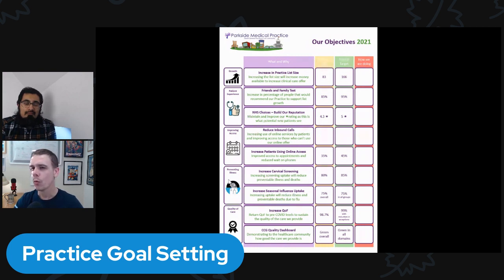And we already performance manage ourselves against much more than this. There are all sorts of performance dashboards, and there's the QOF dashboard. But in terms of setting some headline objectives, we thought if we set some specific things, and there's a bit of the composite goal thinking going on here as well, in terms of some of the things that we've selected. If we achieve some of these, we'll probably be doing well in those other areas as well, if we achieve them. So we identified the areas, and then we thought about, okay, what?